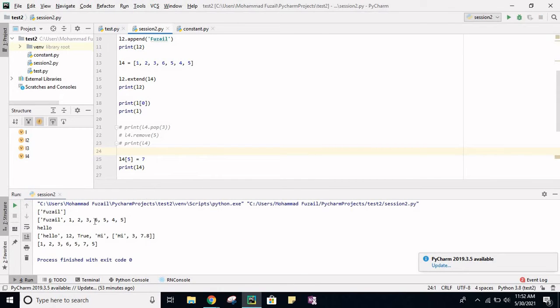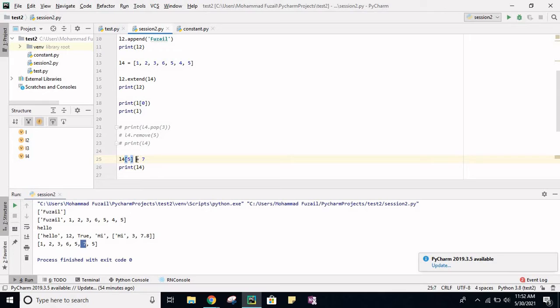See, we had 4 here, right, at index 5, but we replaced 4 with the value 7. So how can we do it? Just by using index or position we can replace a value in a list. Whatever value you want to replace, just get the index of that value and at that position assign a new value.